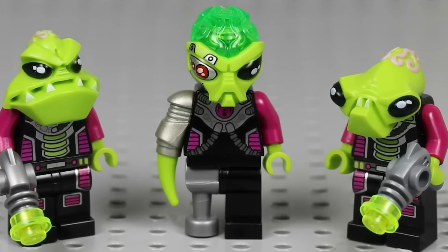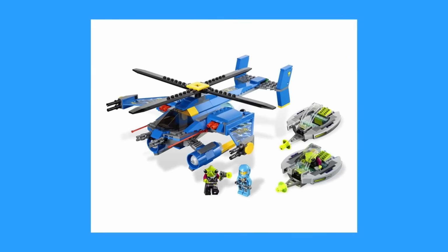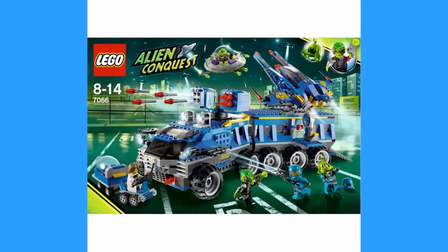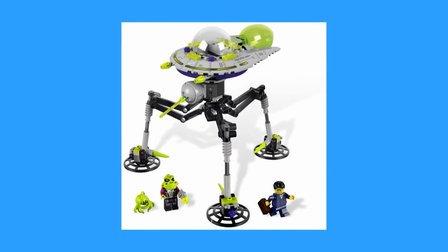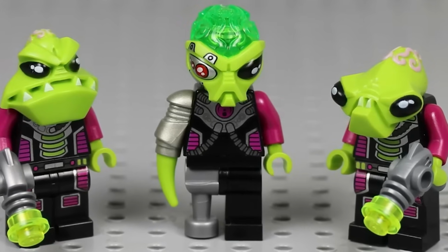On the flip side of the extraterrestrial coin, however, LEGO introduced the Alien Defense Unit, or ADU, a team of heroic astronauts serving as Earth's last line of defense. These brave ADU troopers took the fight to the cosmic invaders, with sets allowing them to blatantly battle in the air and on land. The LEGO Alien Conquest theme only came out with 7 sets total, all released in a